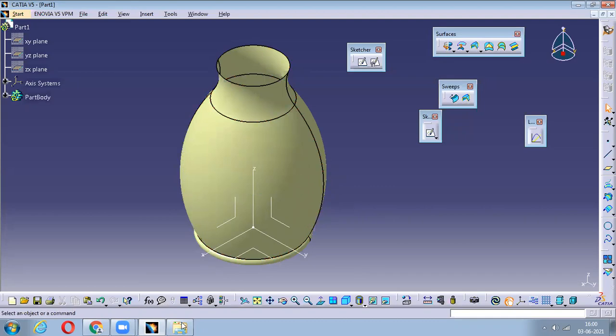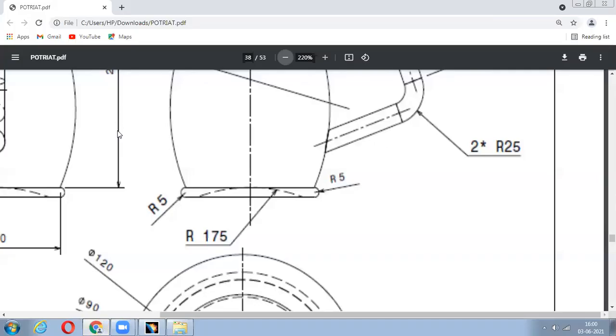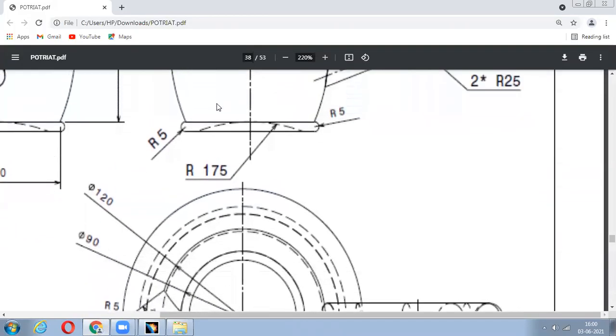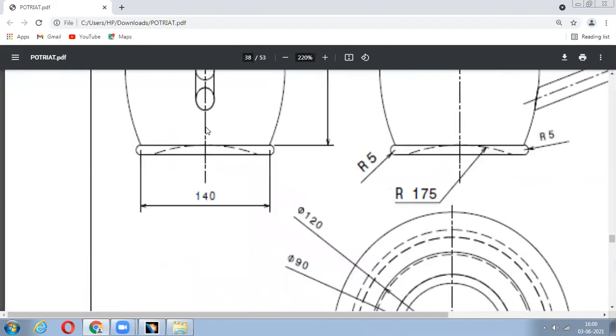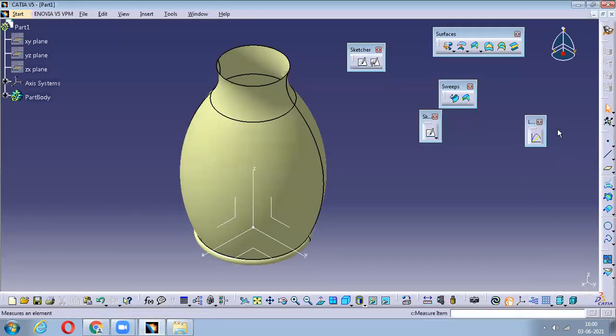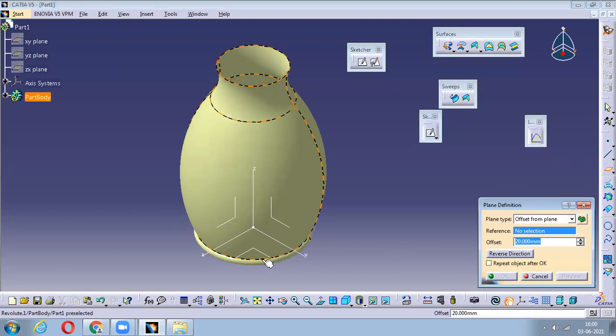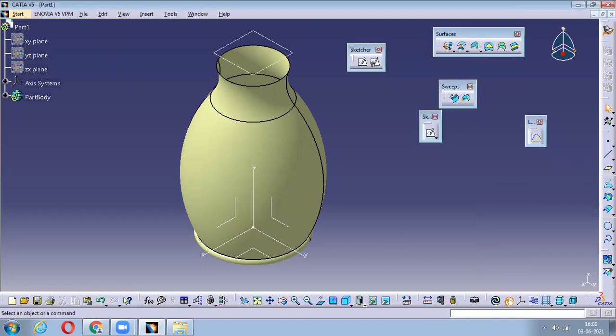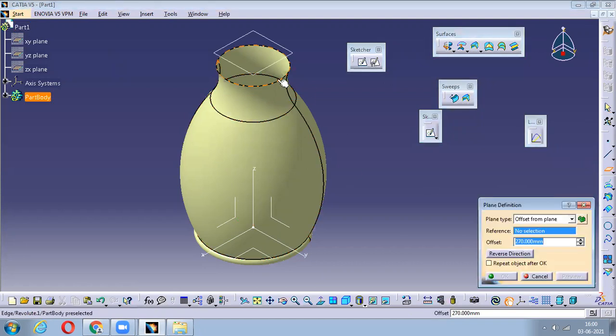That is very much important. And if you can notice the overall distance he has given here, there is an extra 20 mm, that means this 250 plus this 20 I have to take. So I'll go with this reference plane and select this as my plane. I'll take it total as 270, one plane. And again, I'll take a plane at 250, so that exactly it will come here. So I'll take it to 250 as well.